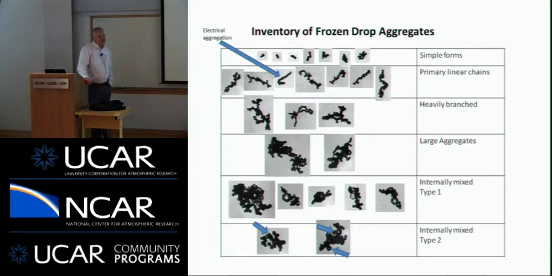If your hypothesis is right, that electrical fields are required for the chain aggregate, then isn't a simpler explanation of the continental-maritime difference just the observed big difference in electrical activity between continental and maritime? Maybe the maritime clouds just don't have the fields you need.